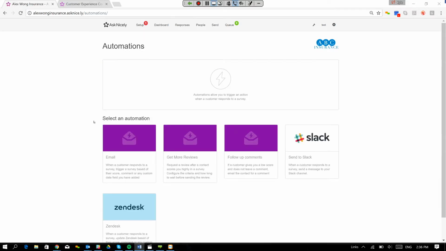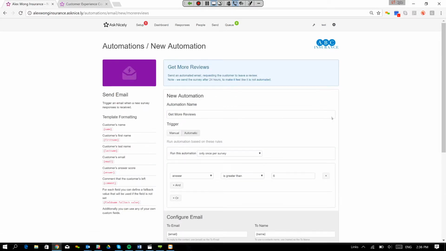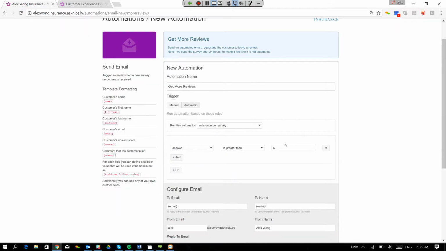Now, you can create a number of automations, or you can choose from a selection of the pre-populated ones that we've created on your behalf. These will continue to evolve with your subscription. But very simply, to create a Get More Reviews workflow, the whole idea is that based on the back of a response, we are triggering whatever that next best action might be. So in the case of a promoter, let's just say we wanted to create more reviews on Google reviews.